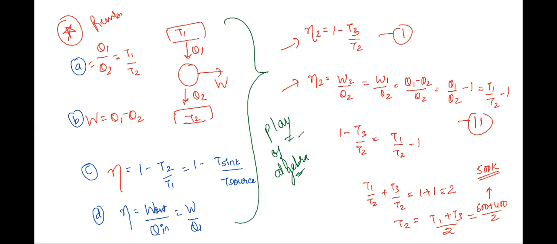But I did it in another way, sir. For W1, we know that W1 equals Q1 minus Q2 and W2 equals Q3 minus Q2. I equated them both and found the answer, and I got the same answer as 500 Kelvin. So Q1 plus Q3 is equal to 2Q2, and therefore this gives us Q2 is equal to (Q1 plus Q3) upon 2.